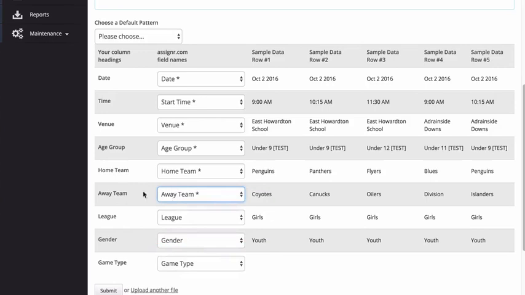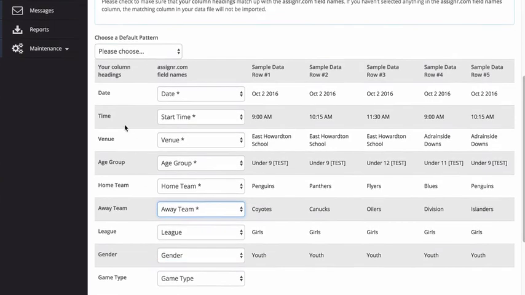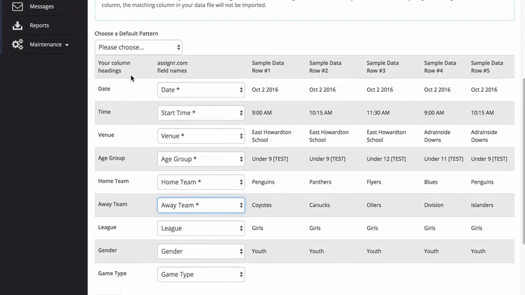So we want this particular column of information to drop into the away team field for each of these games. The other thing with games is that you have to choose an officiating pattern. So that's the number and types of officials that are going to be assigned to each game. So what you'll do is you'll choose one of the patterns up above. And in this case, all of the games that I'm importing, we're going to assign 2 officials